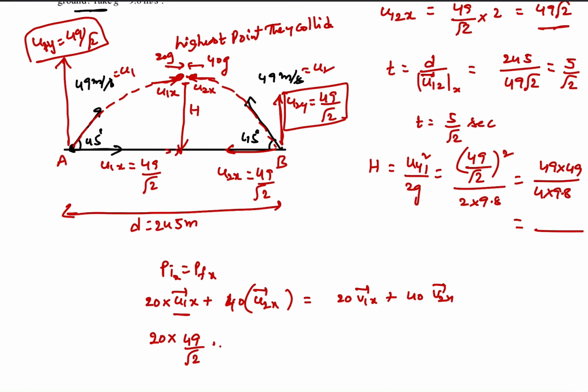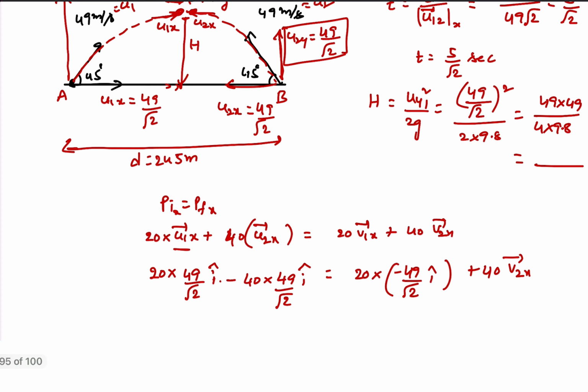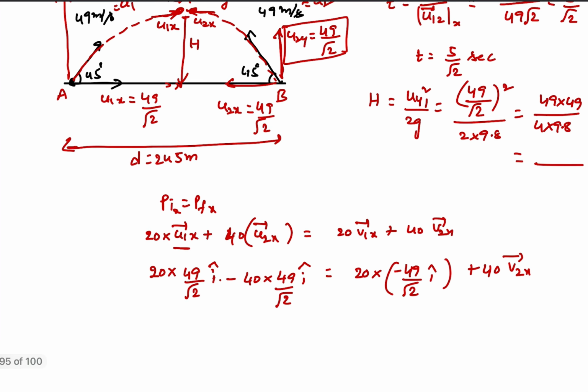Both are in the same direction, that's why I'm writing u1x as i cap, and minus 40 into u2x, which is 49 divided by root 2 i cap, is equal to 20 into v1x, minus 49 divided by root 2 i cap, and the second one is 40 into